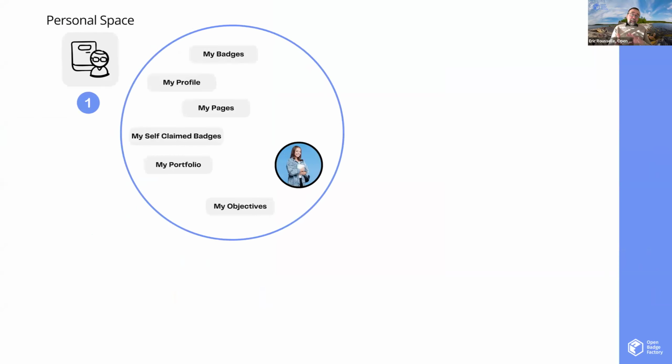So first of all, the passport was launched about 10 years ago. The idea of Open Badge Passport was to provide a free, open environment that we can call a backpack for individuals, for badge recipients, so that they can receive the badges, store the badges, but also enrich the badges with evidence and create what I call micro portfolios.